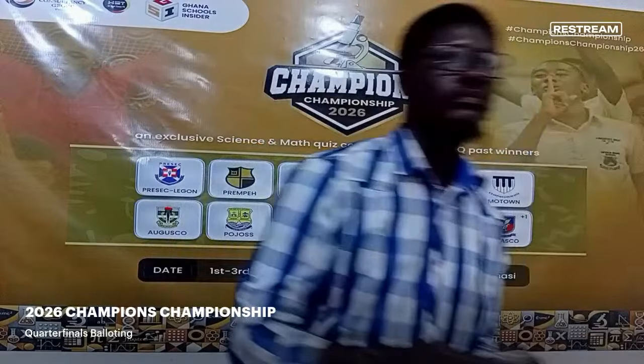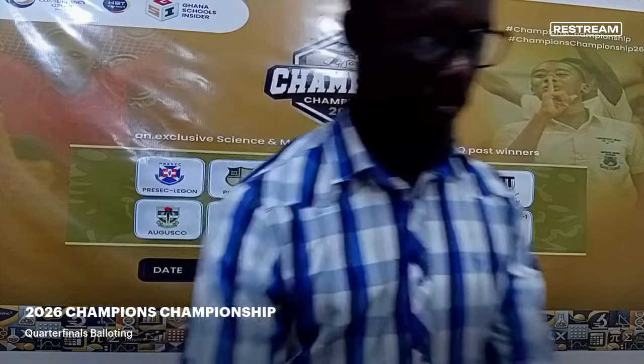Alphabet H. So we now go to the bowl containing the schools and pick one that will correspond to alphabet H. Alphabet H is Prempeh College. We go back to the alphabet bowl to pick the next alphabet.